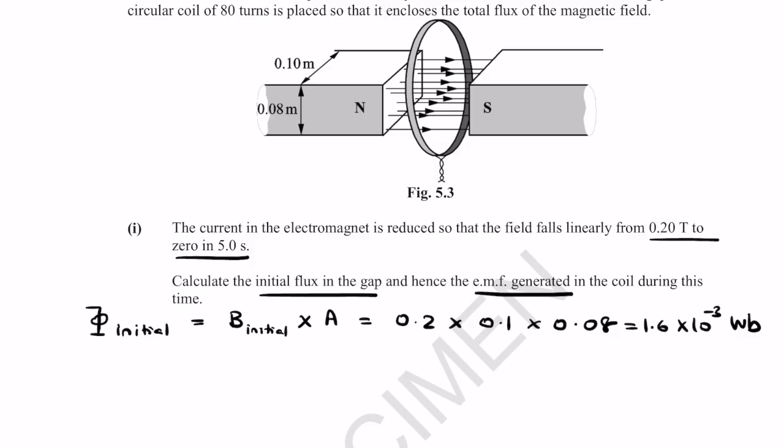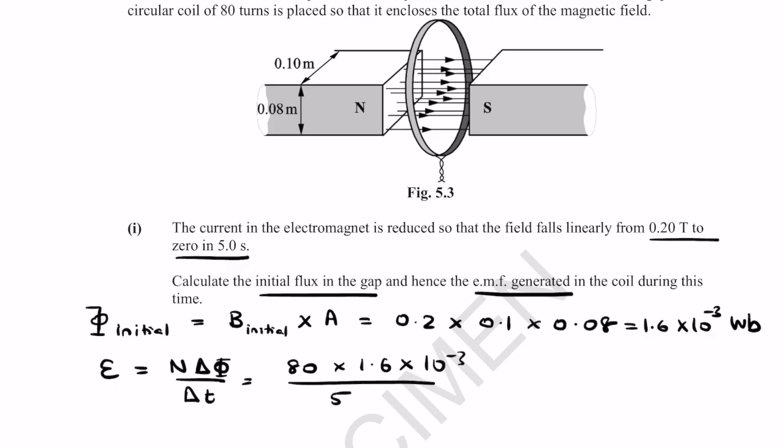Okay, and then based on this, I can calculate the EMF which is generated in the coil with n number of turns in 5 seconds. That's a really simple question, nice and easy, and you basically just plug all these numbers in to get an answer of